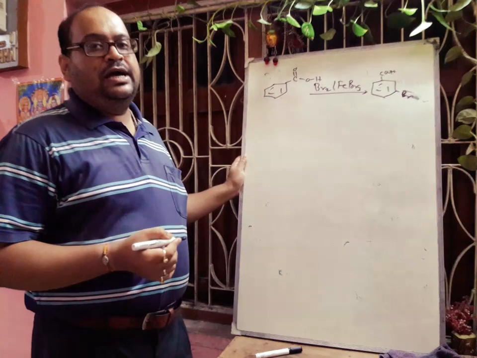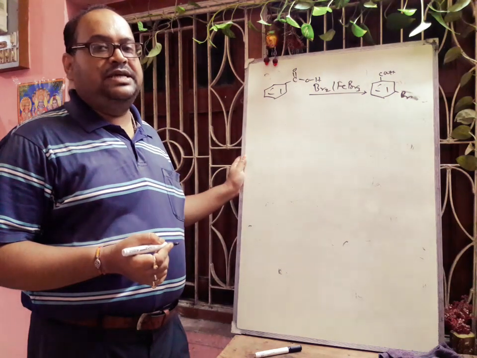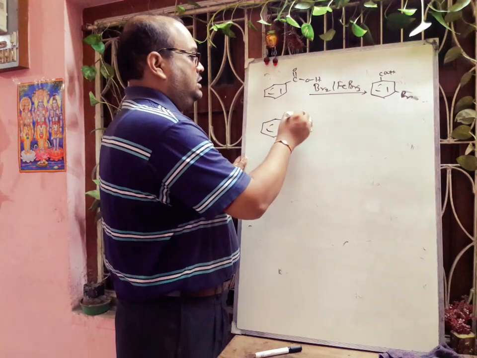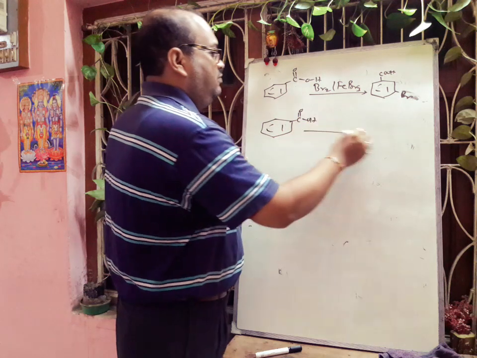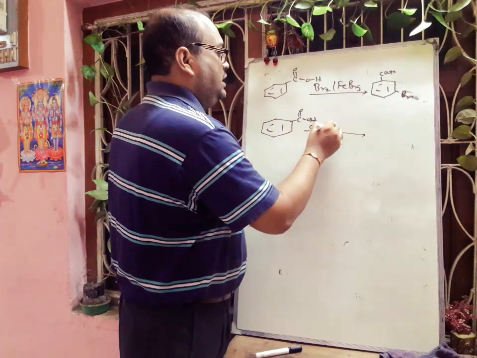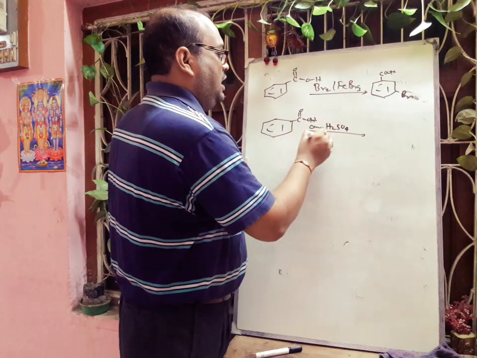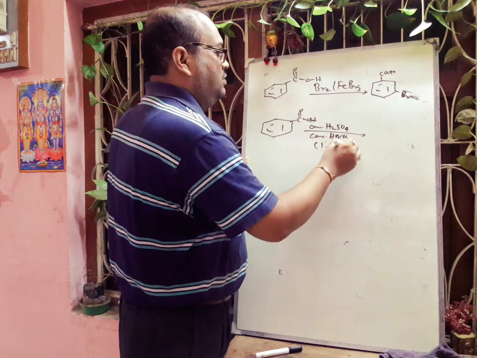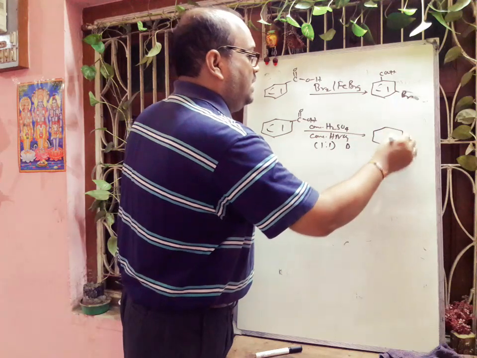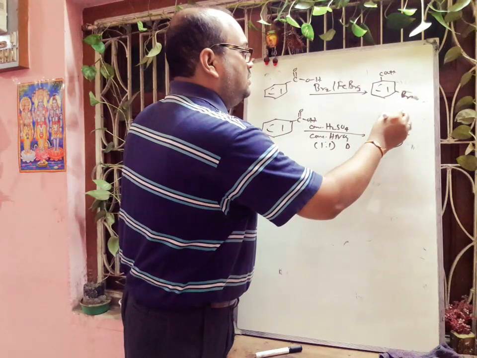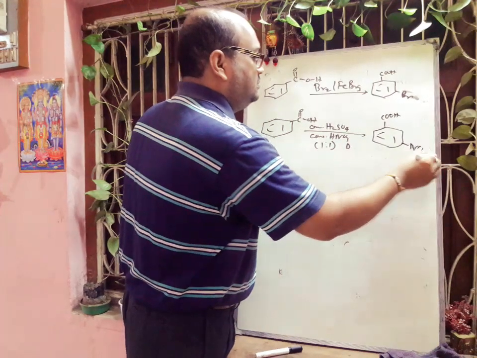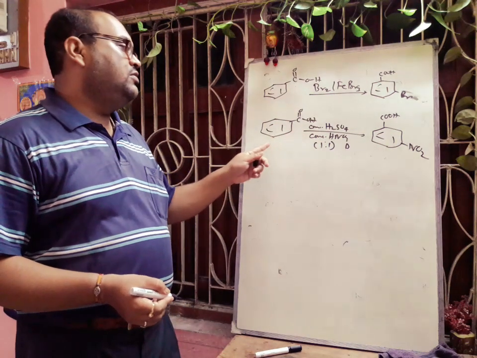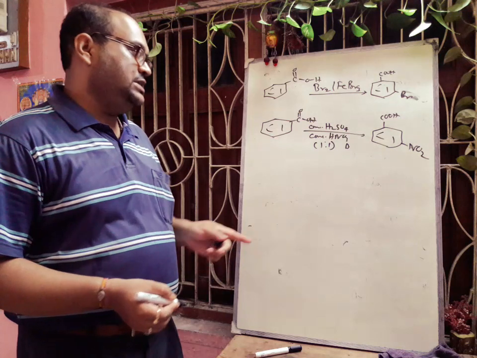And if we do the nitration reaction by using mixed acid, that is, benzoic acid with C double bond OH, and if we give concentrated H2SO4 and concentrated HNO3 in a 1:1 ratio and apply heat, then definitely there will be formation of meta-nitrobenzoic acid. Okay, because the electrophile will go to the meta position where the electron density is high.